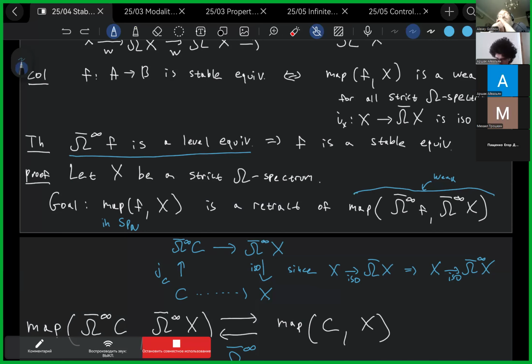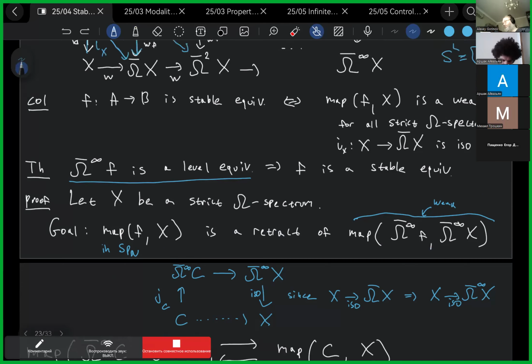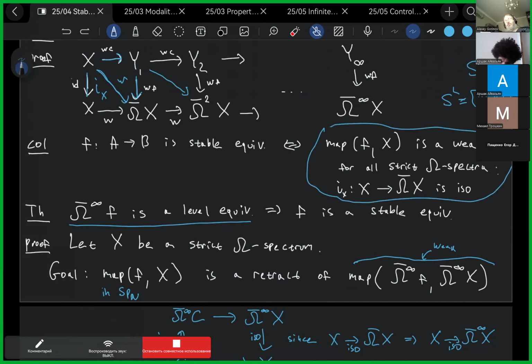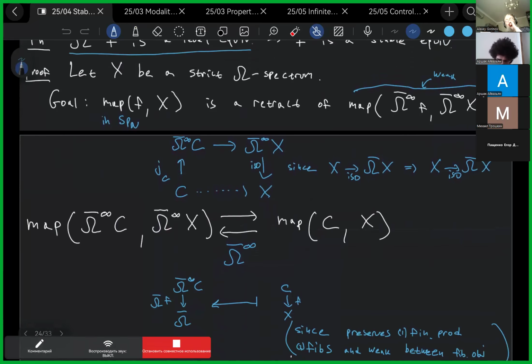So this means a morphism between two homotopy types, between two spaces, and this derived hom is a weak equivalence by definition, because we assume that this morphism is a weak equivalence. So if we retract, a retract of a weak equivalence is also a weak equivalence, and this is enough because we want to check weak equivalence on strict omega spectra. And this is obvious actually,